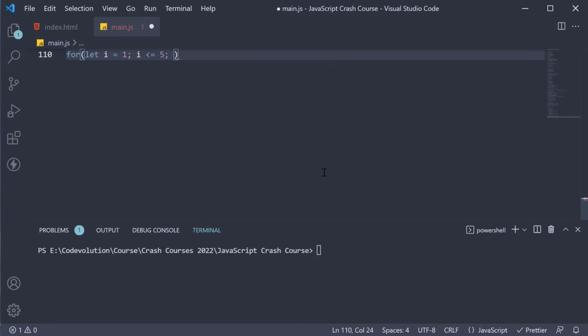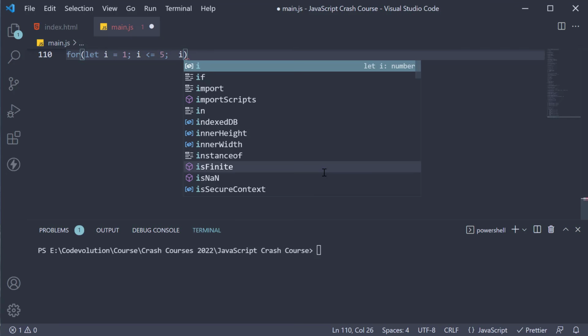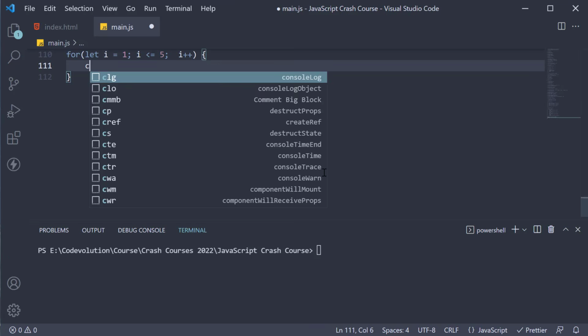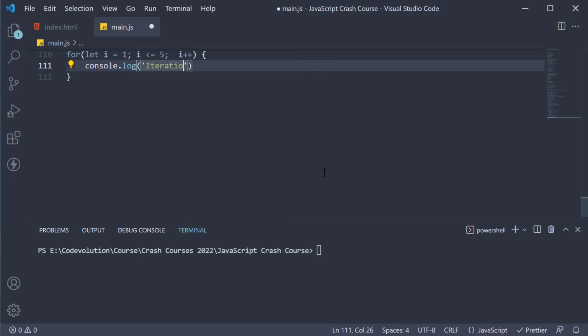For the final expression, we increment the value of i by 1. So i++. You might remember this from the operators section. Now for the block of code, we're going to run console.log iteration number, and we concatenate it with the value of variable i. If we save the file and run the code,